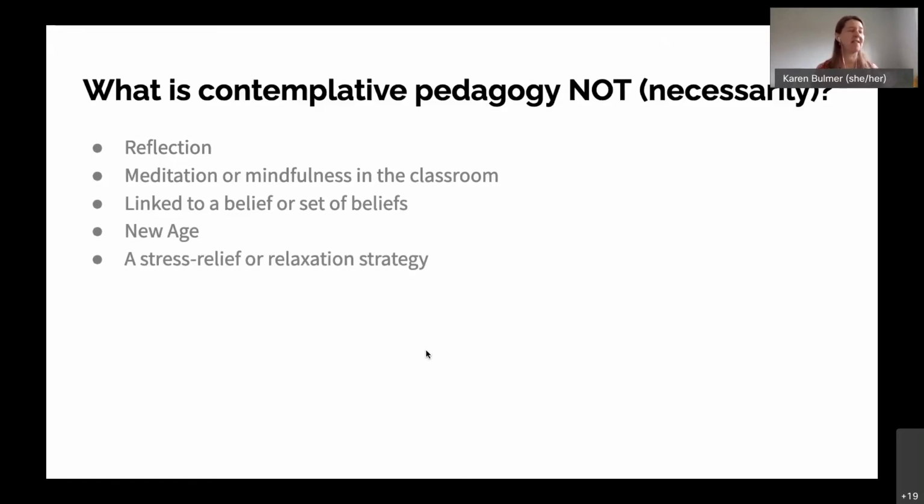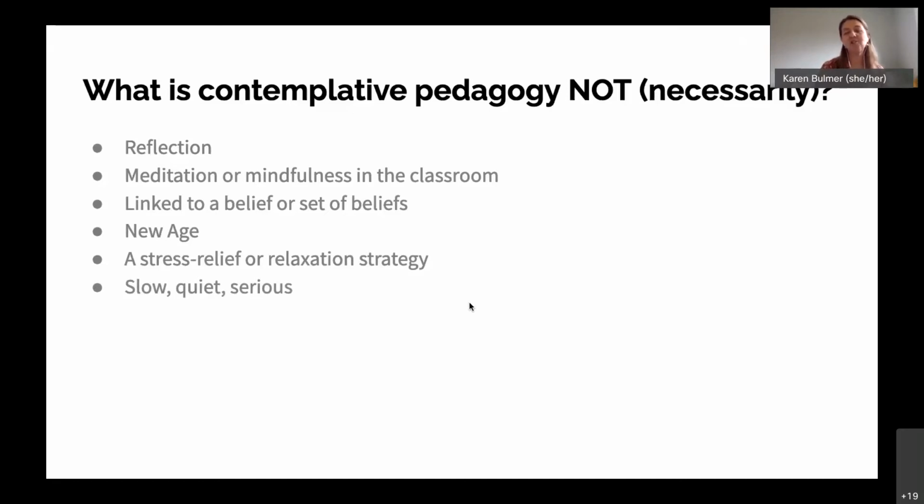I even noticed that opening little reflection calmed me down. And that can often be an effect of a contemplative practice, but it's not necessarily the aim within a classroom situation, depending on your discipline or the reason that you might be using contemplative pedagogy. So it's not necessarily for stress relief or relaxation.